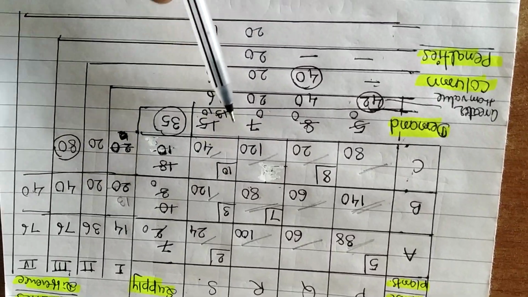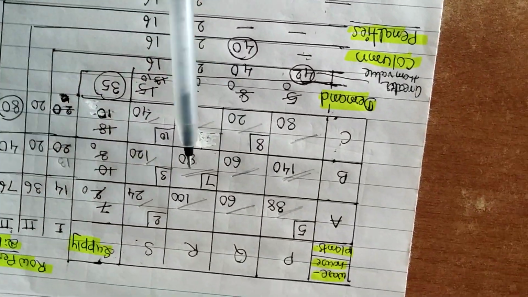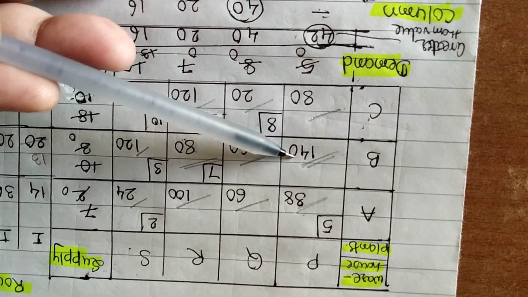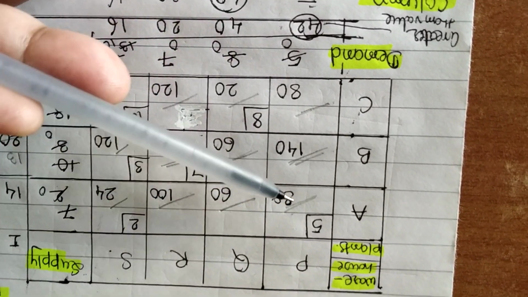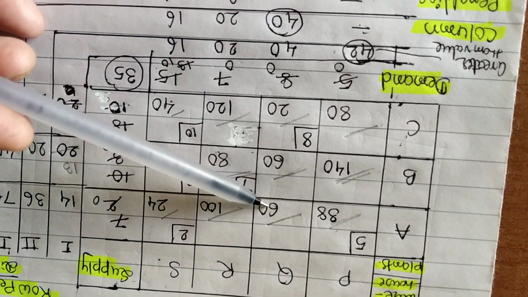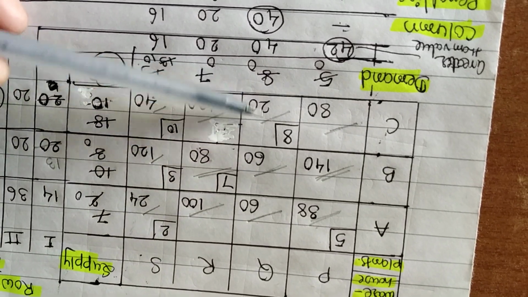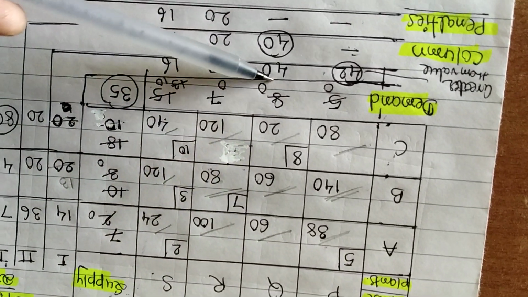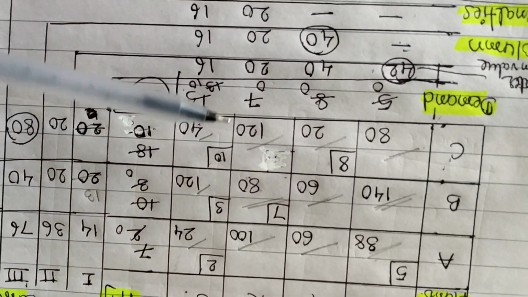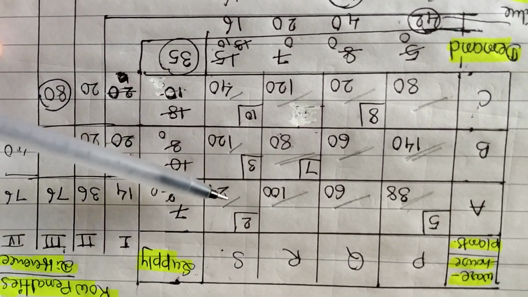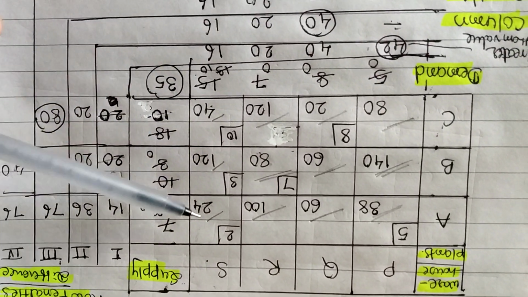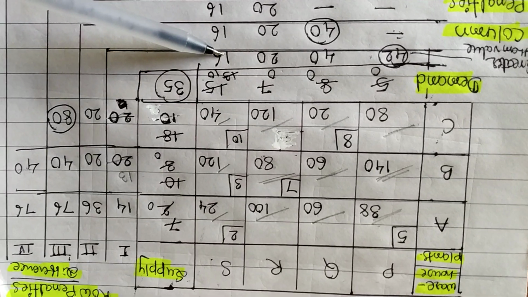Okay, again you see the column, same, you make a column also. In the column you know 38, 140, 80, 80 minus 38 the remaining is 42. Okay, next 60, 60, 20, 60 minus 20 is equal to 40. Next you see 100 minus 80 is equal to 20. Again you know that 40 minus 24 is equal to 16. All these things first of all you subtract.